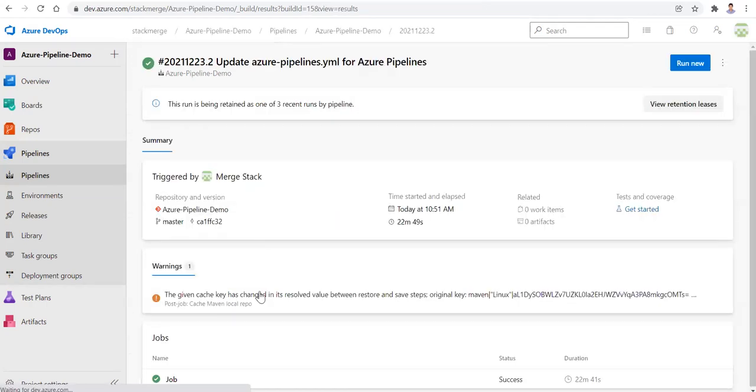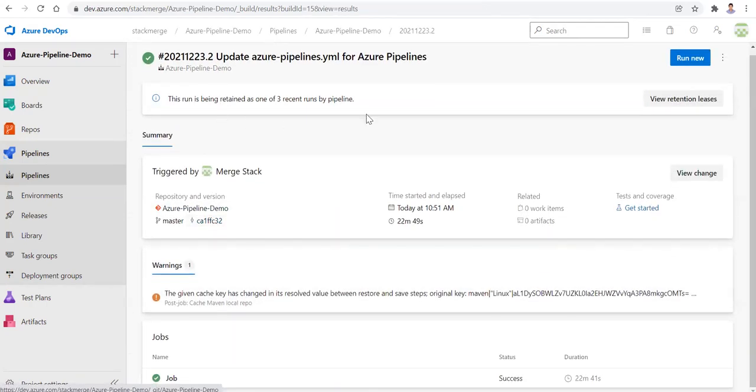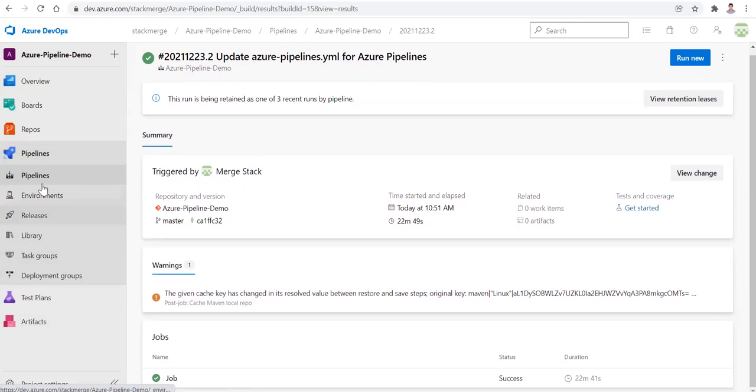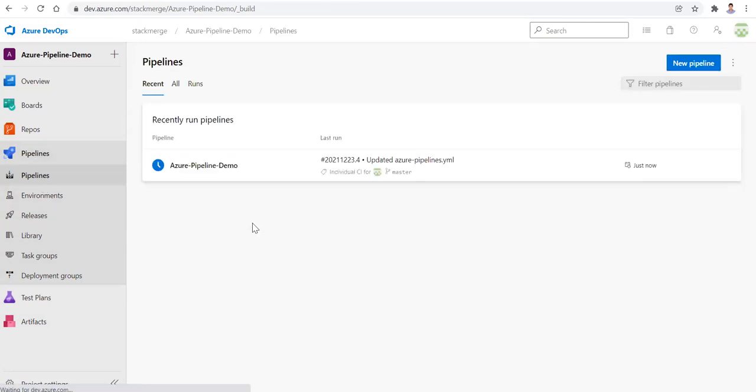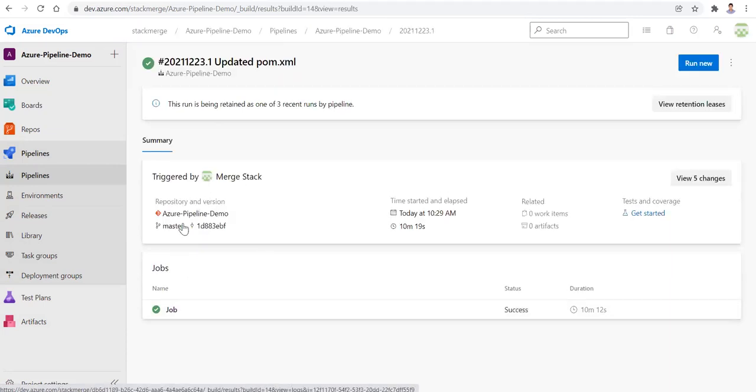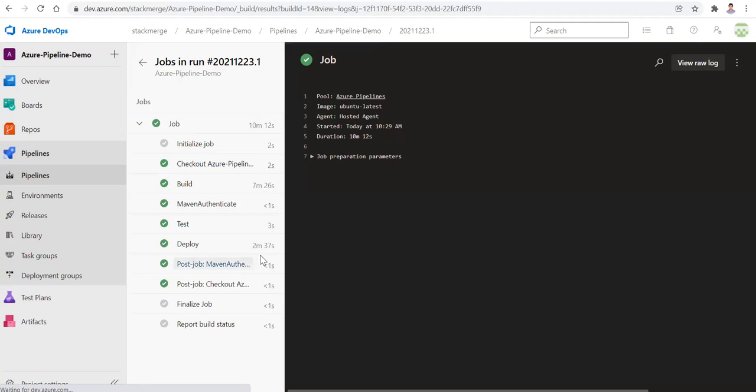Now before that, one more. I'll go back to the pipeline, this one, and I'll show you how much time it took.